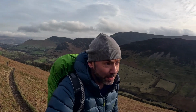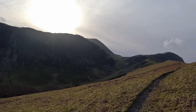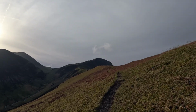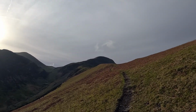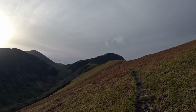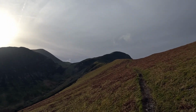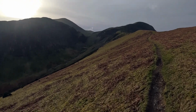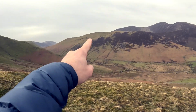As I'm coming up here, the bit you hit in a second is called High Snab Bank, which is that flat run across the top. Then a little past that, on the craggy bit you can see, that's Blea Crags. Then the Scope Beck's just running alongside. Once we've been up Robinson, we come all the way down to the road, and then we're going down there, then up to Knott Rigg,